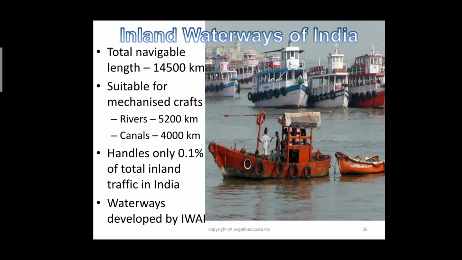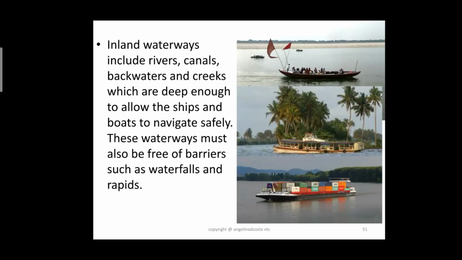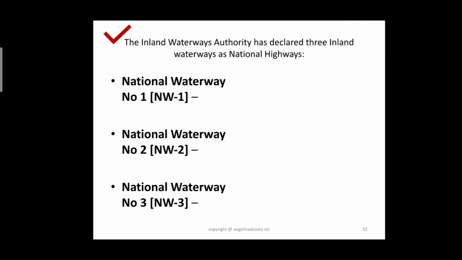Let's take a look at this map showing important waterways. If you look very closely next to the Brahmaputra, river Brahmaputra is National Waterway 2. Then if you take a look at the river Ganga, coming right down, we see National Waterway 1. If you go down a little further, you can see National Waterway 5 and National Waterway 4. And the last one, the West Coast Canal, National Waterway 3.